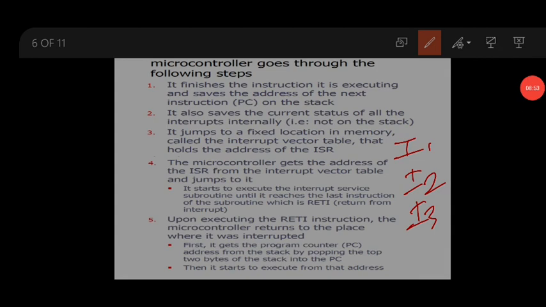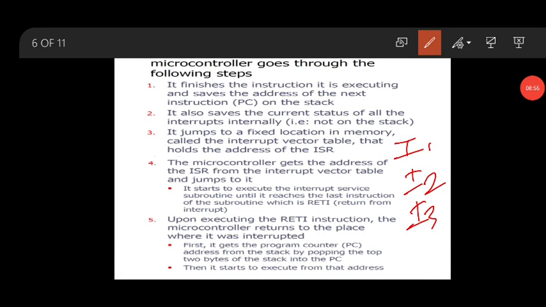Assume that your program is executing instruction number I1. When it is executing I1, an interrupt occurs. Let us assume the interrupt is given by the device T1. Which instruction is executing? I1 is executing. When the interrupt occurs from the device T1, the microcontroller will jump to which location? The mentioned address at D1.